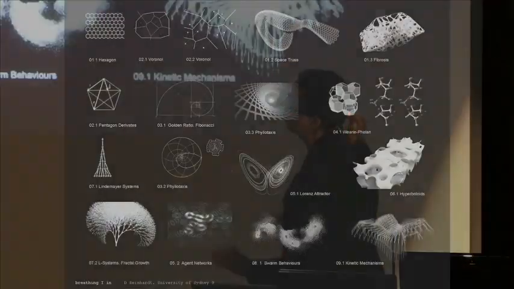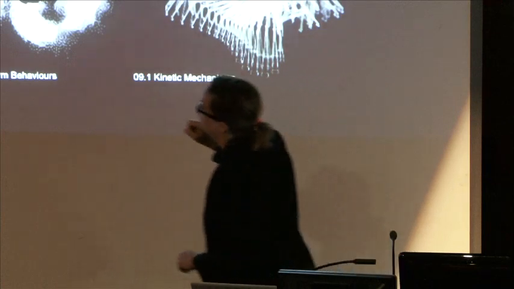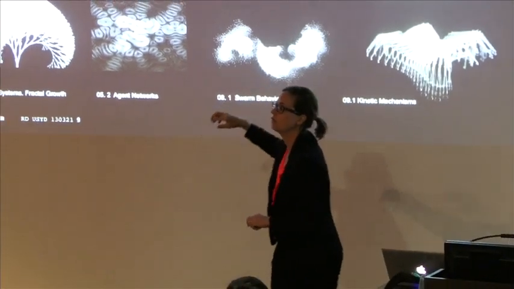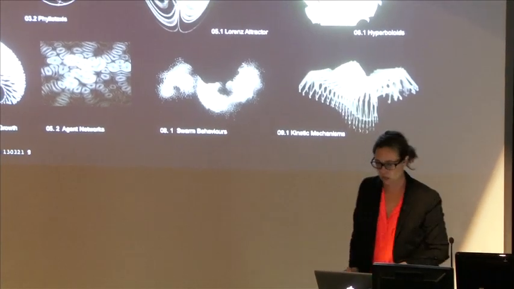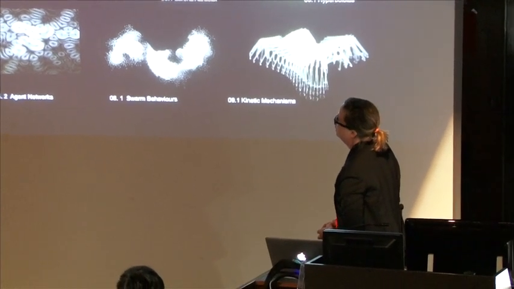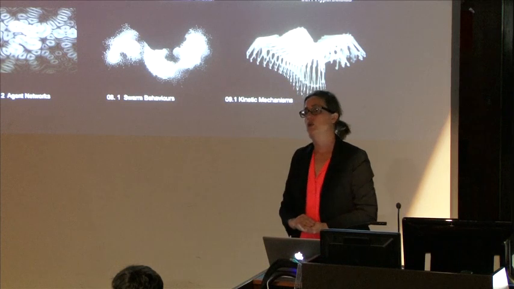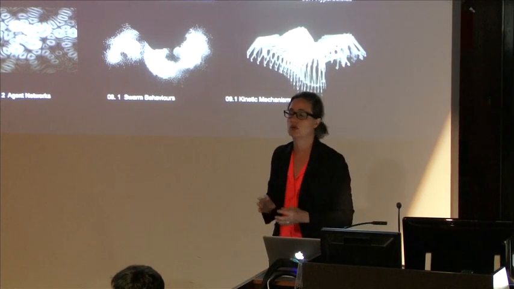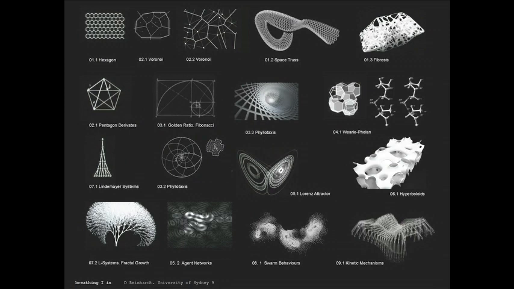And this is just a very small overview of all the processes and codes which have become available to us through scientific research. We can look at the earliest observations, like the Voronoi diagram, which René Descartes described in the, Michael would probably know that better, 15th century, towards something like the Lorenz attractor or swarm behaviors, which are very much part of a current digital discourse. Now, what these observations actually provide is a language of mathematics, which has been extensively researched in a scientific background and which has become the base operation for any form generation language that we're developing at the moment through our computers. So if we talk about Lindenmayer systems, that's a natural scientific observation, and it allows us now to go